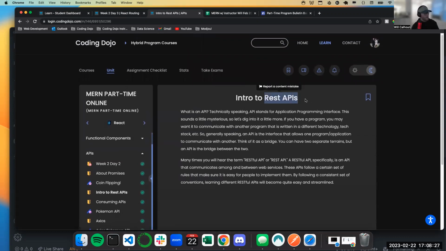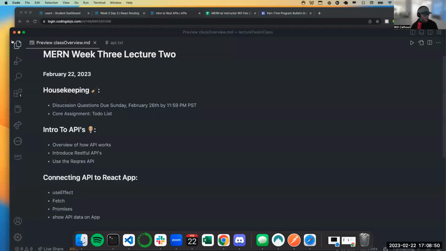Now, there are different types of APIs out there. One is called a REST API, and that's really going to be one of your more popular kinds. Before we dive into the different types, let's talk about what an API is. An API is an application programming interface. You'll never have to know that, it's just going to be called an API.